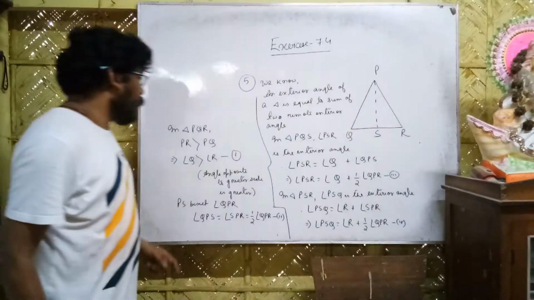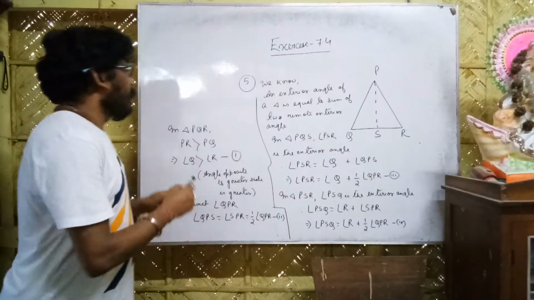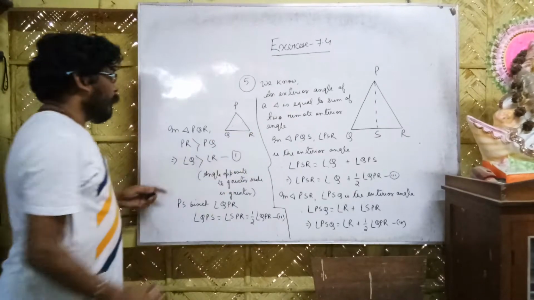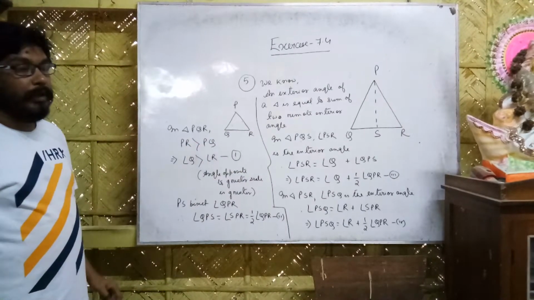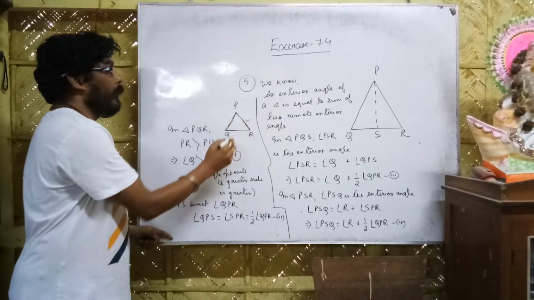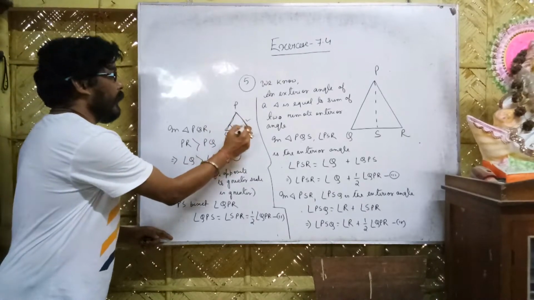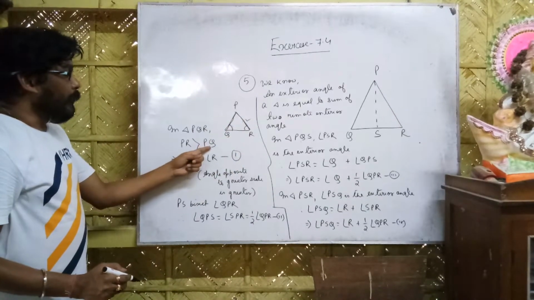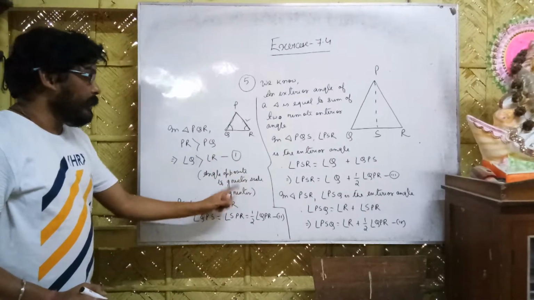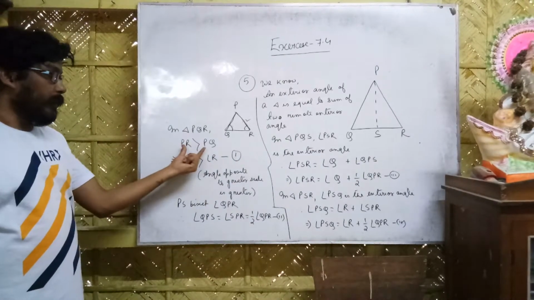So what we have written first, you see in triangle PQR, this complete triangle. If I draw the triangle here, it is PQR, where it is said PR greater than PQ. This side PR is greater than PQ. So PR's opposite angle is Q, and PQ's opposite angle is R. So what is the result? Angle opposite to the greater side is greater. You can give this as equation 1. Okay? These are the first given part.